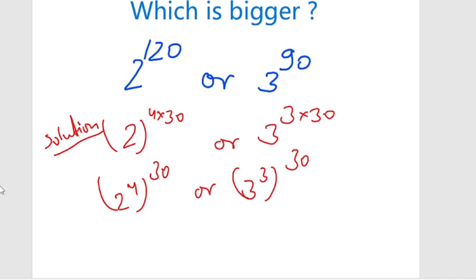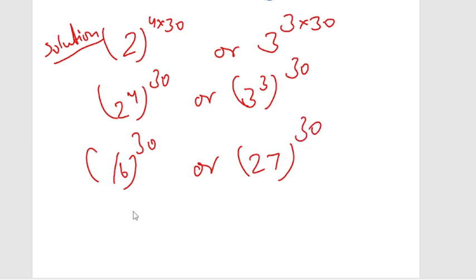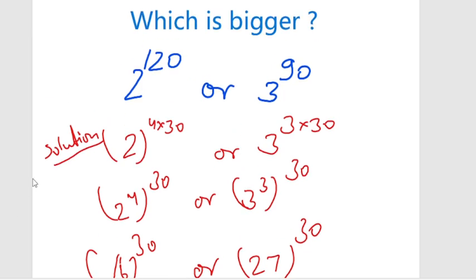After then you can go here, 16 power 30 or 27 power 30. So you can see here 16 power 30 is less than 27 power 30. Here we can say that is